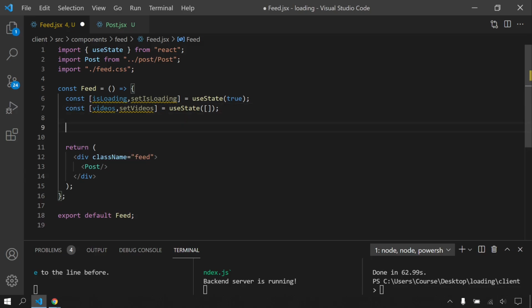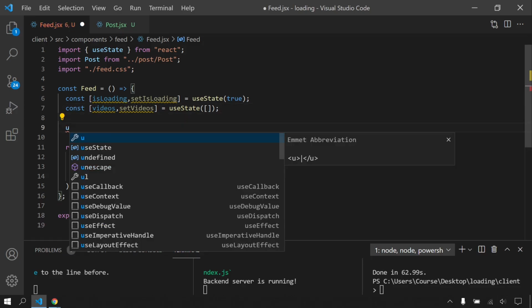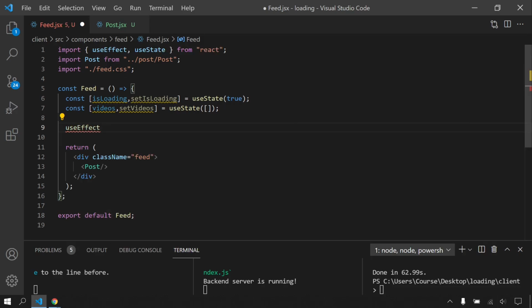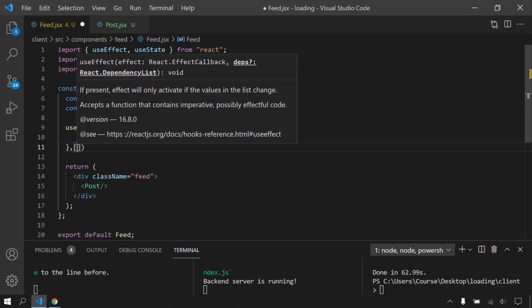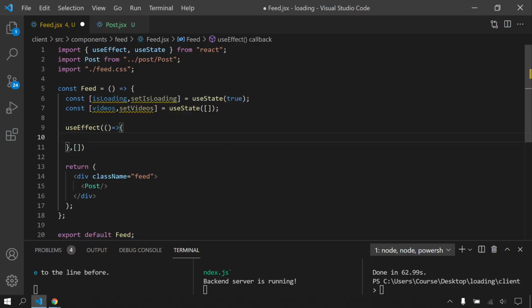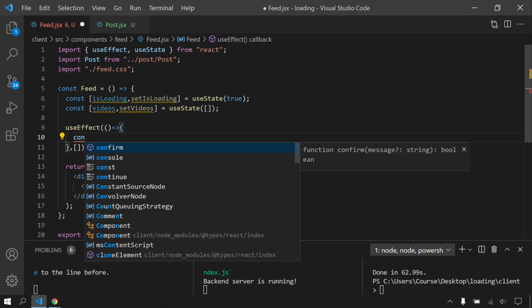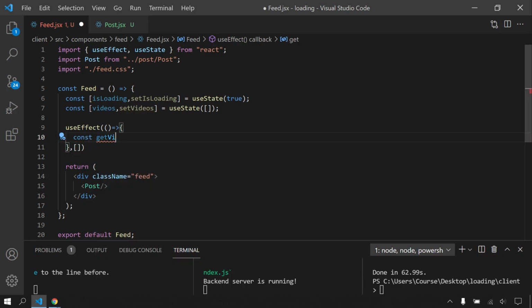So how I'm gonna fetch this data? I'm gonna use useEffect, and my dependency will be empty array. That's because I wanna run this whenever I refresh this feed component. So let's create our function. I will say const getVideos, and it's gonna be async function. That's because we are fetching this from API, it can be some latency, so we can't know the exact time.